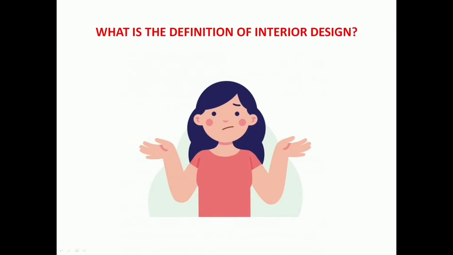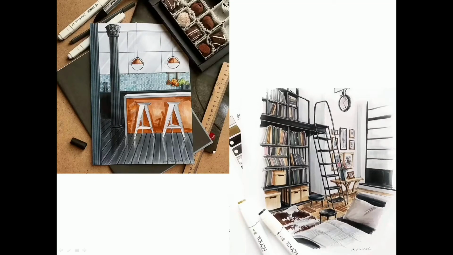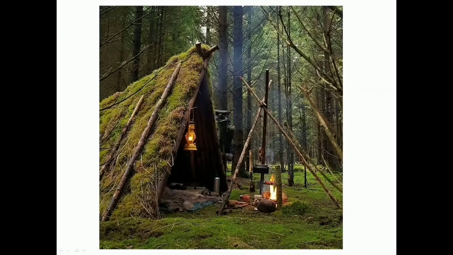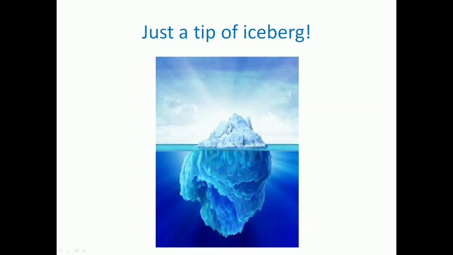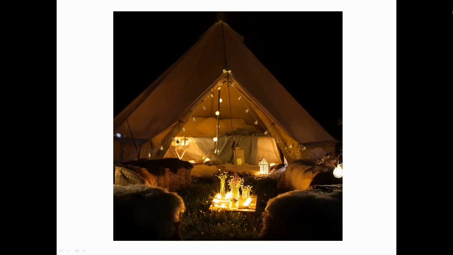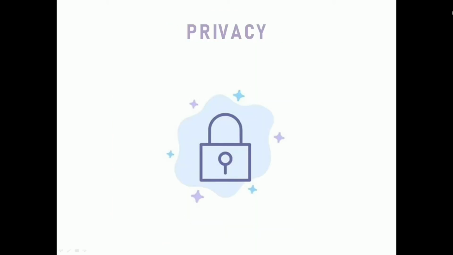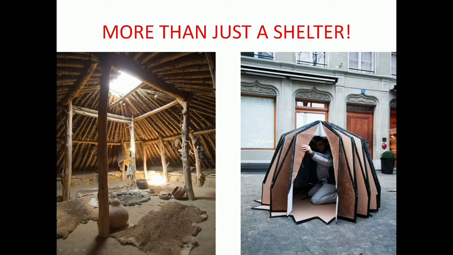What is the definition of interior design? Although interior spaces must first provide shelter and security, the need for sufficient housing and protection is just the tip of the iceberg. Understandably, any enclosed space can serve these basic needs. A tent, for example, can provide protection against the weather and deliver a degree of privacy. However, an interior environment is more than just a shelter. It should offer more options to accommodate modern civilization's ever-expanding wants and needs.